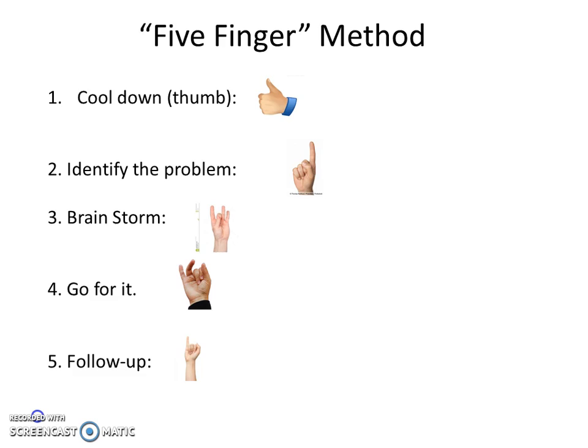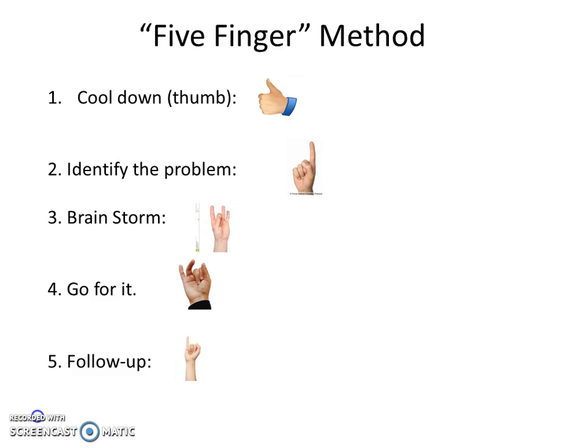So I like to think of this also, if you want to put another word to it, the flip it method. So write this one down. The F would be feelings. So 1, acknowledge feelings. That's the same as cooling down. As a teacher, I'm going to step in and I'm going to say, gosh, I could see that you are really upset. I wonder what's going on. And then move into limits. I see that you're really upset, but I cannot allow you to hit Tommy.